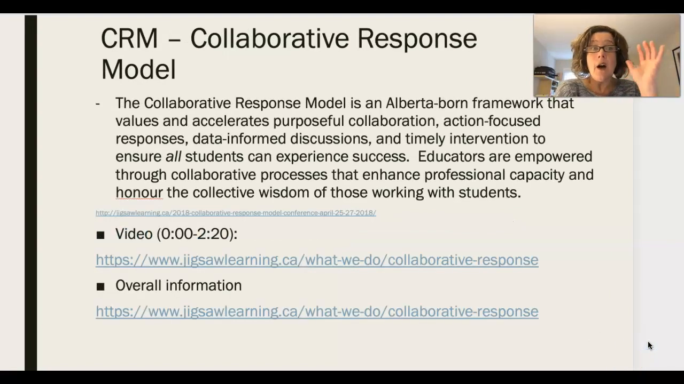Okay. Also, you might be out in schools where they're using the collaborative response model. And this is an Alberta-born framework. And actually, when I was poking around looking at this, it was developed by one of my University of Alberta professors. So that was kind of cool for me to see what he has done. And again, have a look at the video, have a look at some overall information if you know that your school is using the collaborative response model, because again, you want to go in there knowing what CRM means when they're talking about that